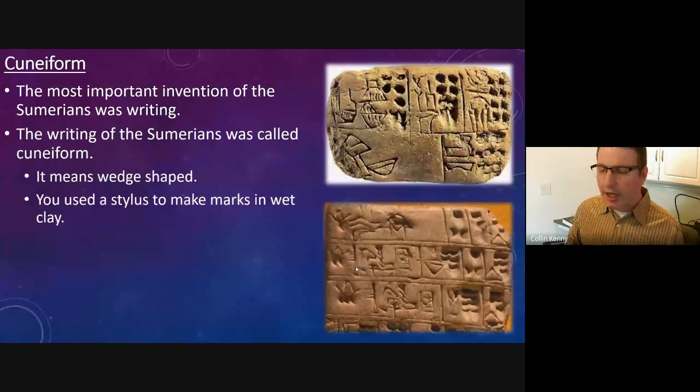Like when you're like, hey, my 3DS or Wii U or DS has a stylus. Yeah, that stylus thing, that little stick that you used to control it that you probably lost and then had to use your finger and it's not as good. That's a stylus. It's the same exact thing, except their styluses were made of wood or reed, which are plants